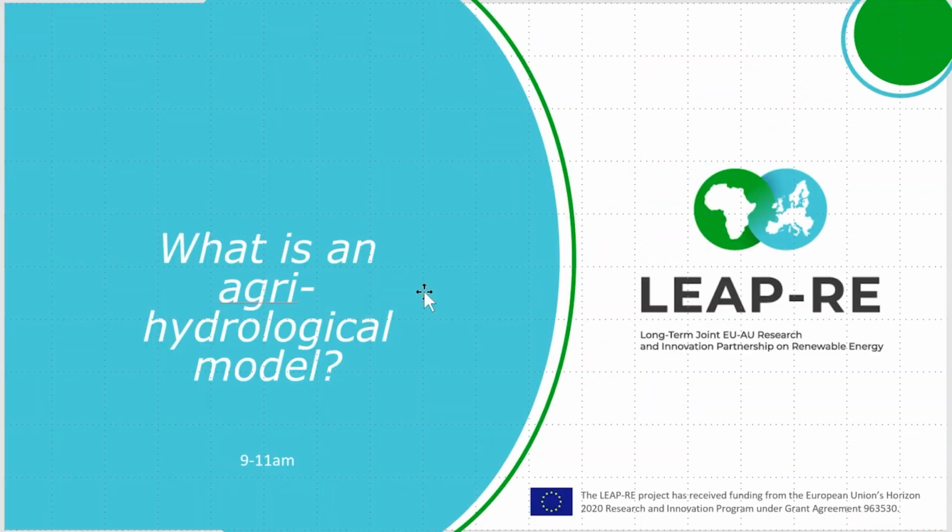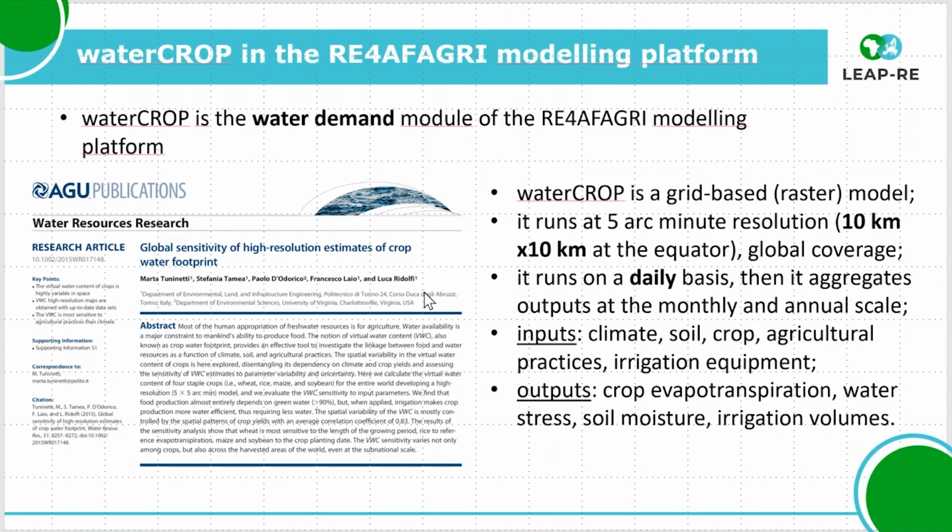WaterCROP is an agri-hydrological model able to monitor the crop growth from planting date to harvesting date, and it evaluates on a daily basis the crop water requirement, distinguishing the blue water demand, meaning water from irrigation, and the green water demand, meaning soil moisture, that is rainfall infiltrated in the unsaturated zone where roots are able to uptake water